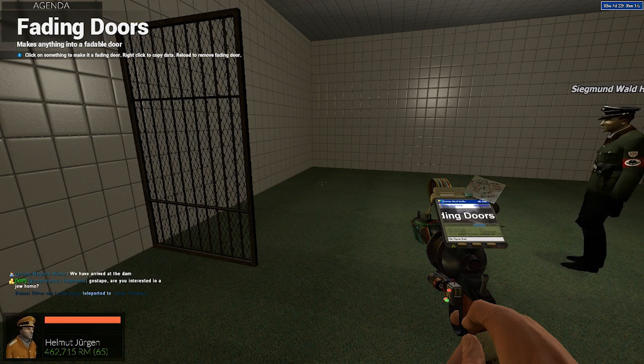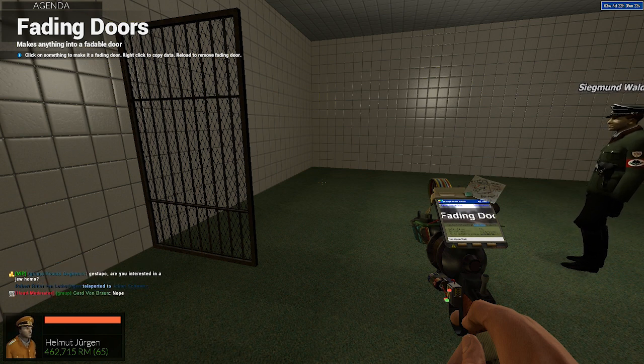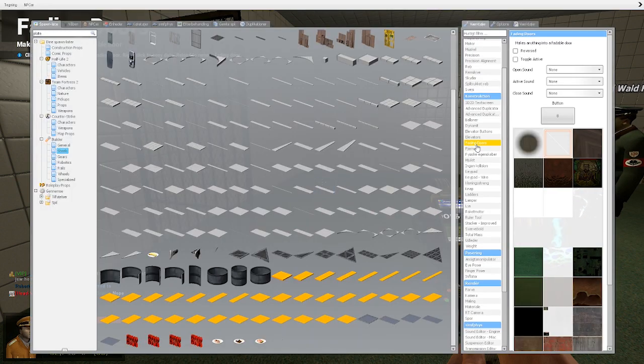Okay, for the next demonstration, I want to show you how to use your fading door and how to make it into a door. So basically, you use your keypad for this. So you go into your fading door, you choose a number instead, as keypads can only use numbers. So instead of numpad 8, I'm gonna use 8, and we're gonna scroll down to the keypad,